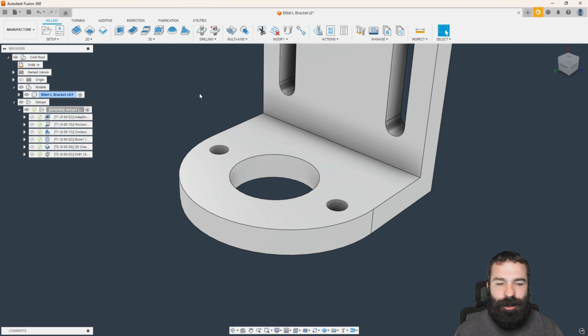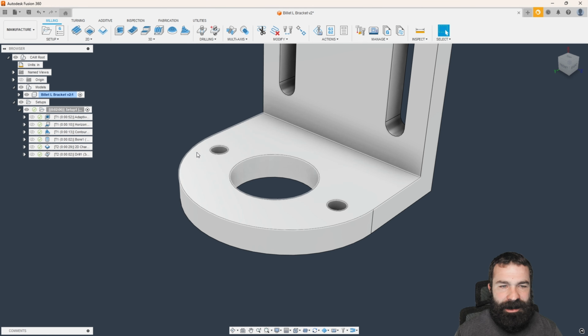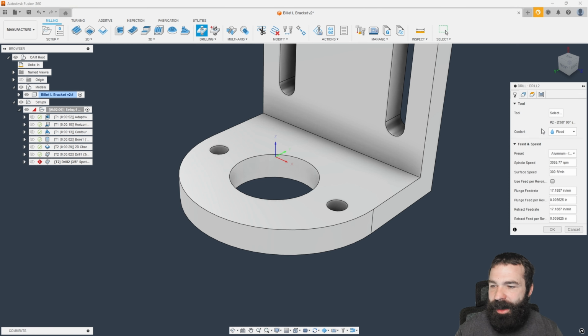So let's go back and do some more drilling. So I'm going to go ahead and inspect this because I did forget what we drilled this at or what we designed this at, 138. I do also believe this is a 3.5mm. So as you guys see, I went ahead and threw on those secondary units. So we go back to drilling,